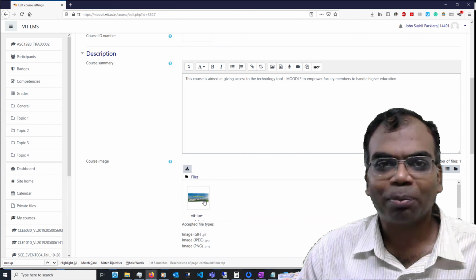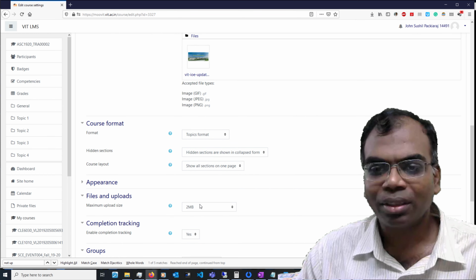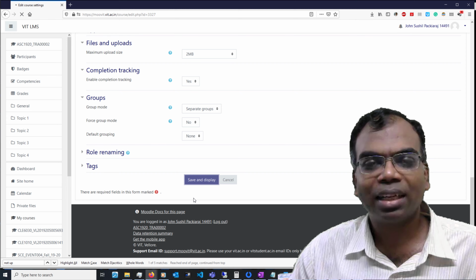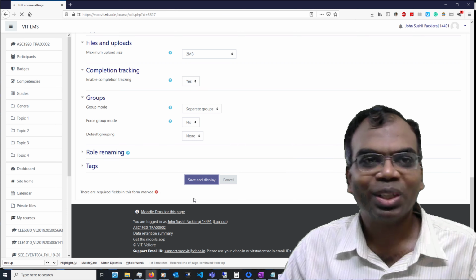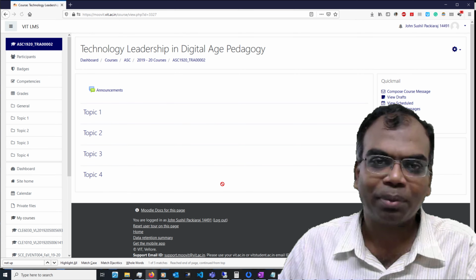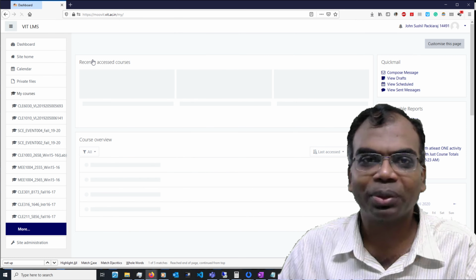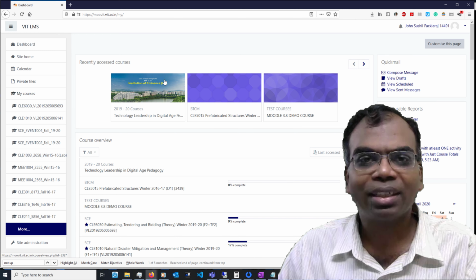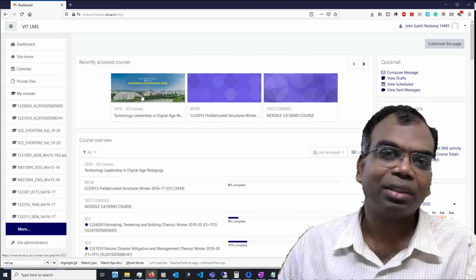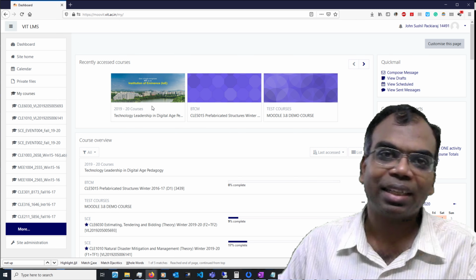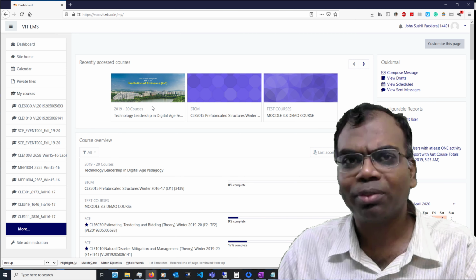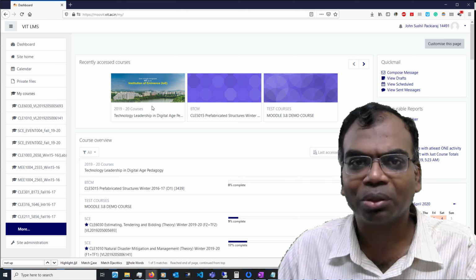Now coming back, we uploaded this icon, and when we go back to the dashboard, you will notice that the plain yellow thing which you saw is now going to change. So let the updates be propagated. Now I'm going to go to the dashboard, and a very interesting icon is seen over here. The moral is that you could make a more captivating icon which is going to describe your course, and this is one very nice way you can customize your course.